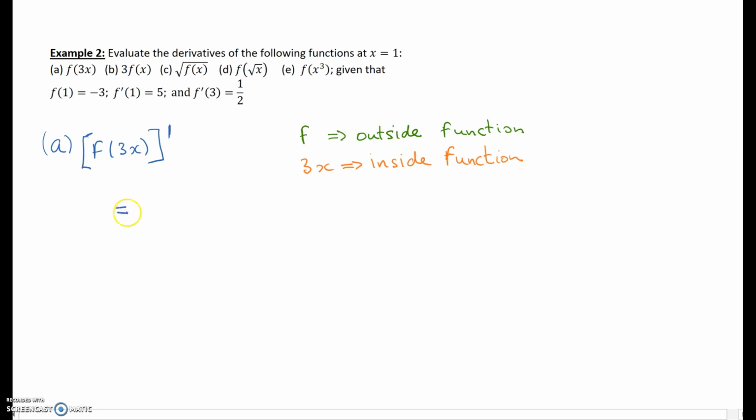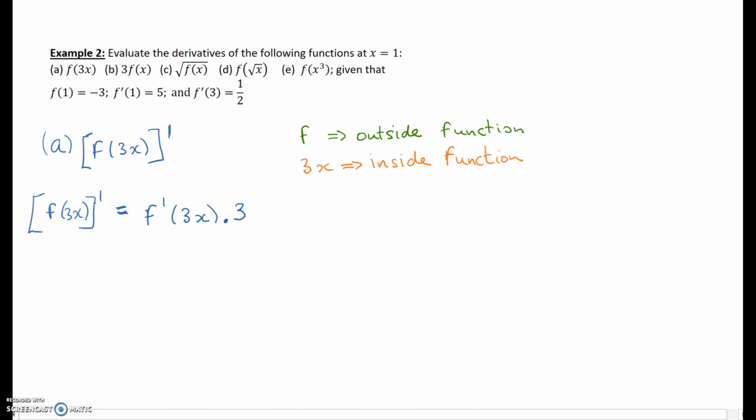So remember how the chain rule goes. The chain rule, in its most abstract form, is that we differentiate the outside while keeping the inside the same. The outside function is f, so differentiate f and you get f prime, but keep the inside function the same. So it's f prime of 3x times the derivative of the inside function. The derivative of 3x is 3. So the derivative of f of 3x is going to be equal to f prime of 3x times